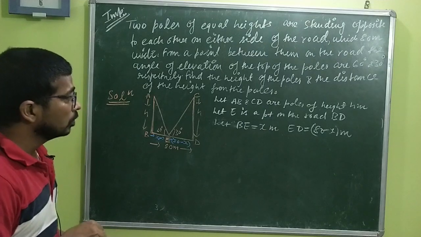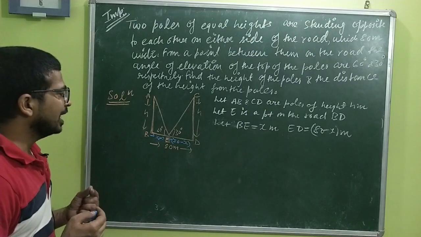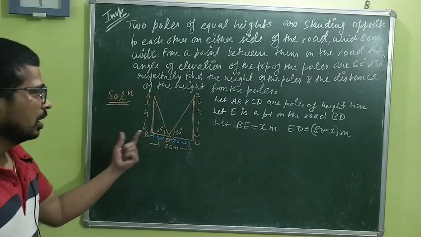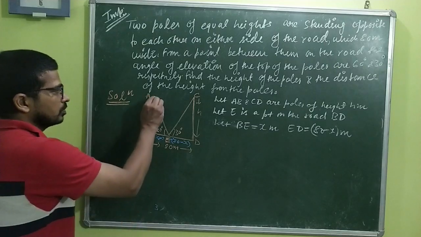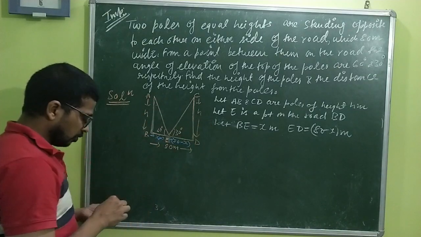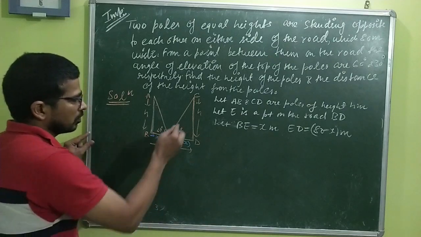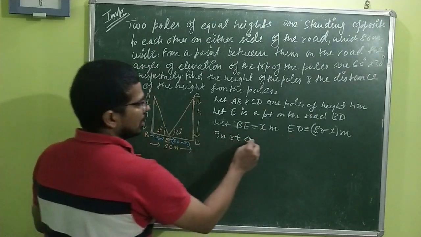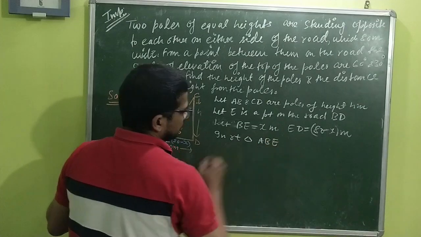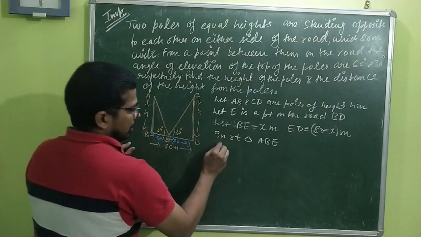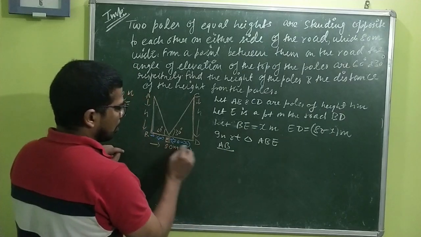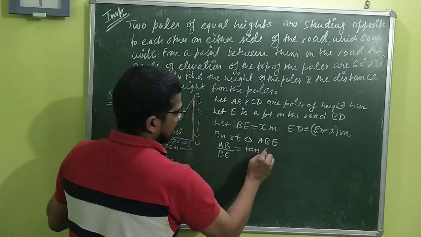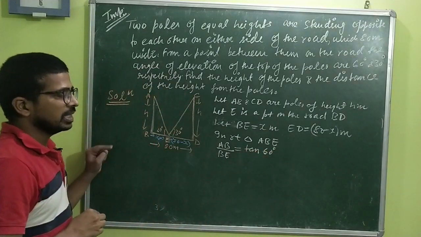So now for this question, we have to find a point, how far. So we have to find the value of X, then naturally 80 minus X will be there. Quite visible, there are two right angle triangles, this and this. We can start from anywhere. So first I will start in right triangle ABE. AB, the perpendicular, upon base BE is equal to tan 60 degrees.